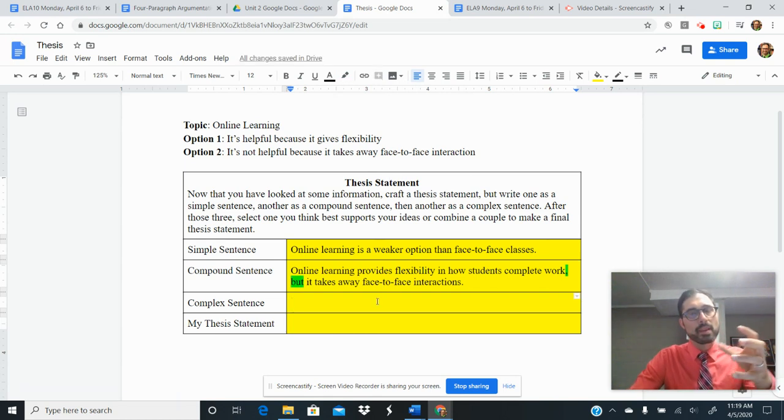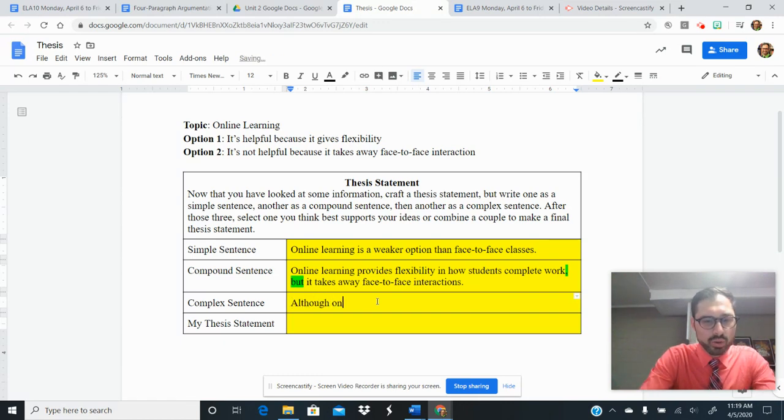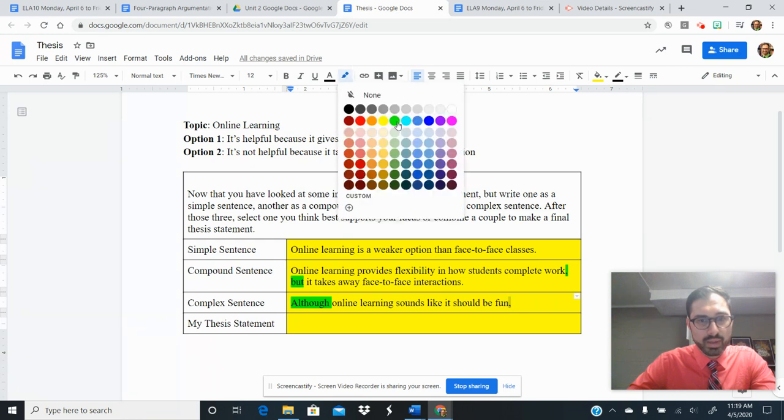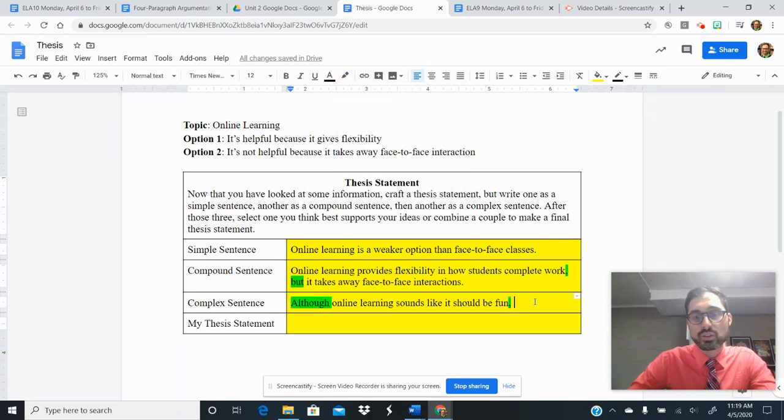Now, a complex sentence is going to start, if I want to start it with a dependent clause, after, although, if, before, since, when, while. Again, listen to that video. So maybe I want something like, although online learning sounds like it should be fun. I have my word although. Since I start with the word although, I have to follow up with a comma. That's what makes an introductory clause. Although online learning sounds like it should be fun,